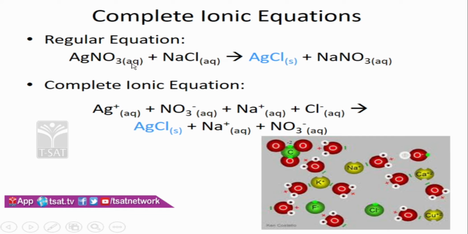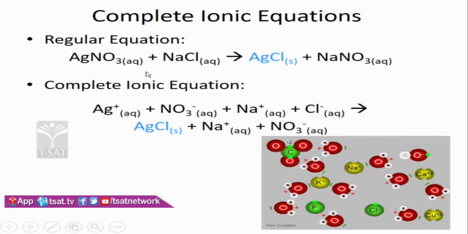Here is an equation. Silver nitrate reacts with sodium chloride, both are ionic salts. Silver nitrate converts into silver chloride. A double displacement reaction has taken place, where ions are interchanged. So, silver reacted with sodium's counterpart. This Ag plus is called a cation, sodium is a cation and nitrate is an anion. Anions and cations combine together.